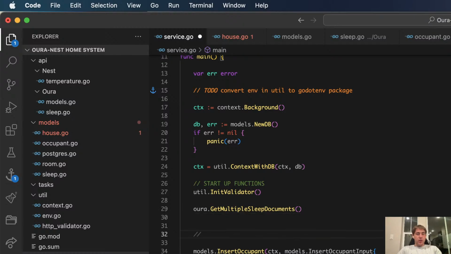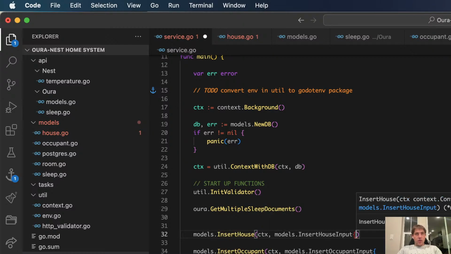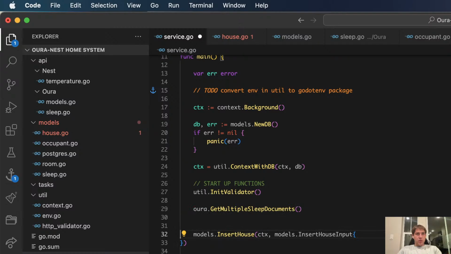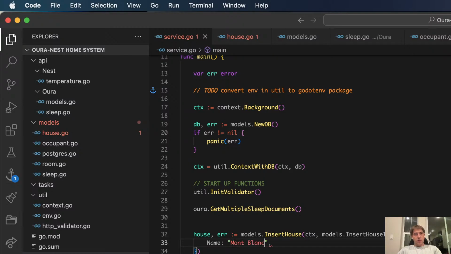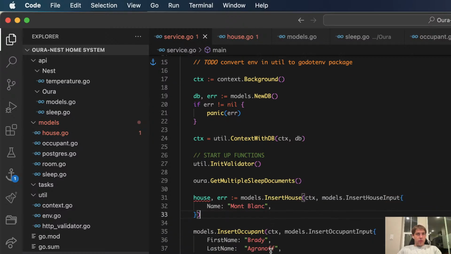So let's first, this is just gonna literally be something I delete in a second. Hi, Kitty. Let's go with house there. House name. I've got a street called Mont Blanc. Lots of streets named Mont Blanc. Let's call the house Mont Blanc. Let's see. What else do we need? House ID.